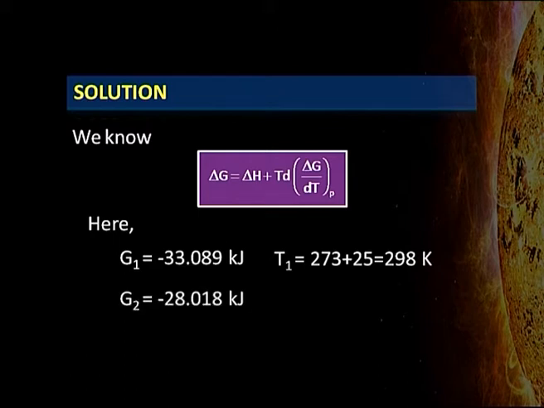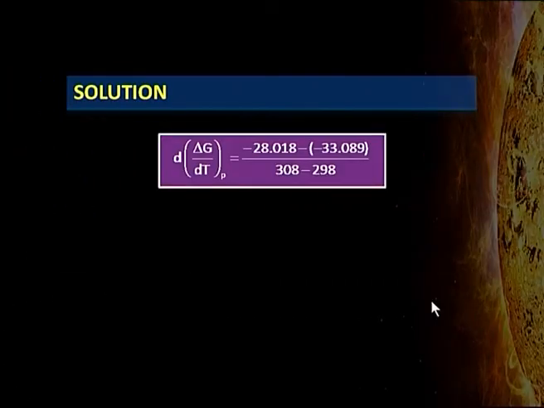G2 is minus 28.018 kilojoules and T2 is 35 degrees Celsius, which is equal to 308 Kelvin. Now, putting these values in d delta G by dT at constant pressure, we will have d delta G by dT at constant pressure equal to